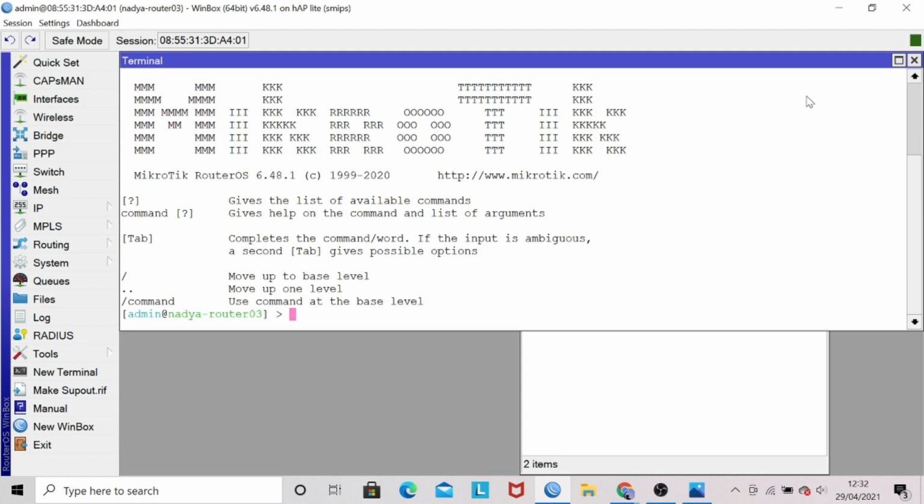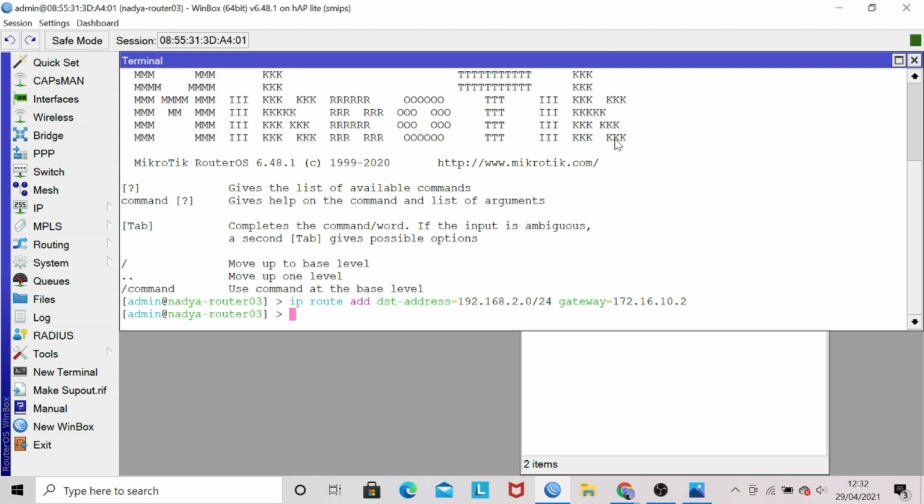Configure the routing on router 3 to client router 2 with the command ip route add dst-address 192.168.2.0/24 gateway 172.16.10.2. Press enter